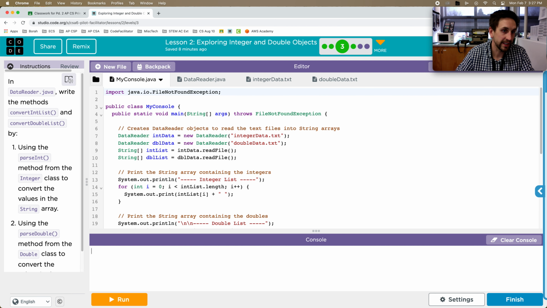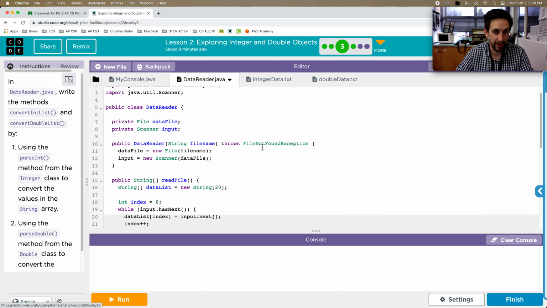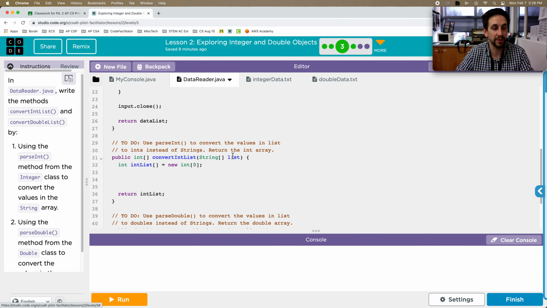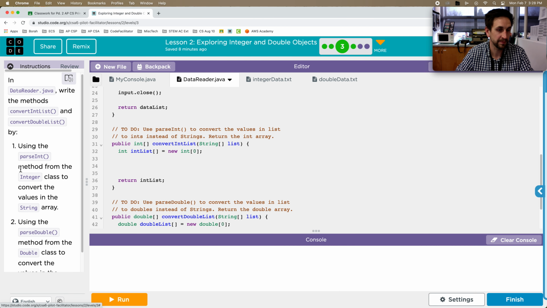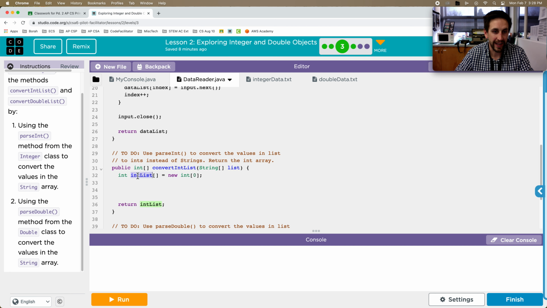The next level says in DataReader, so flow over to DataReader, write the methods convertIntList and convertDoubleList by, and then it gives us some instructions. So I'm going to go convertIntList first. It says, 1, use the parseInt method from the Integer class to convert the values in the string array. So what we have is a string array, its name is list, getting fed into the convertIntList. And what I want to do is take a look at